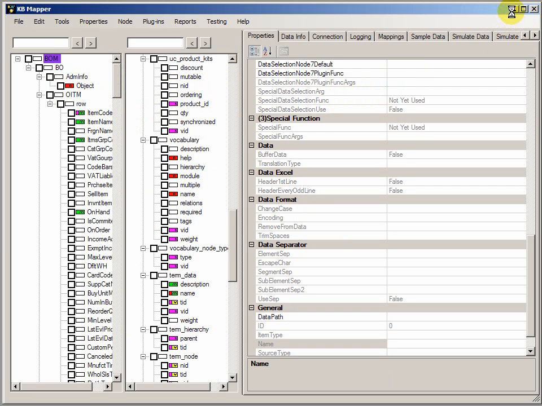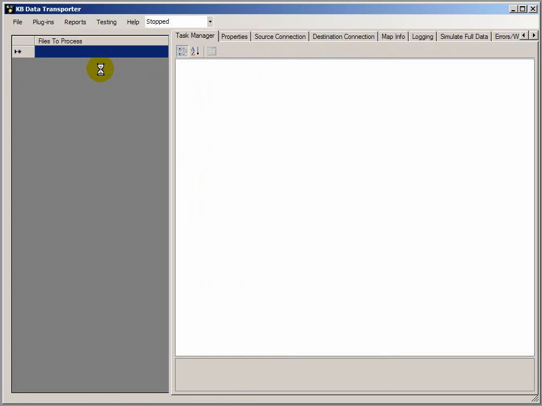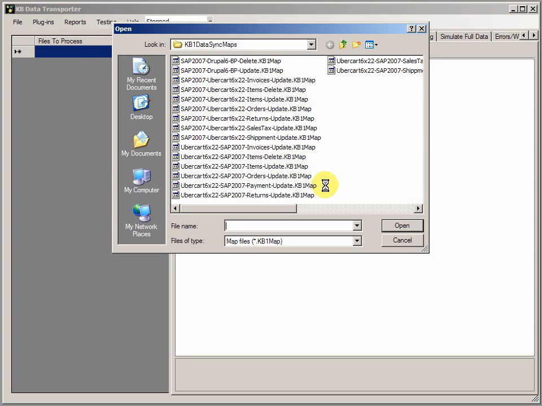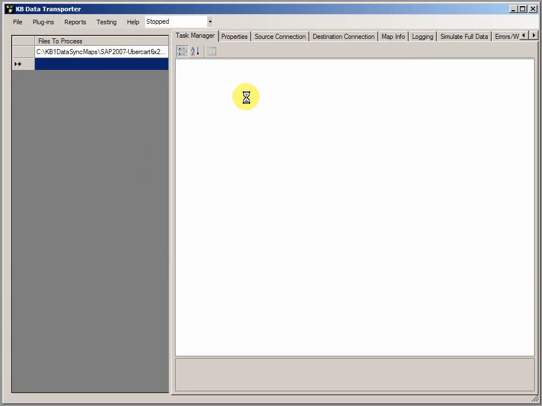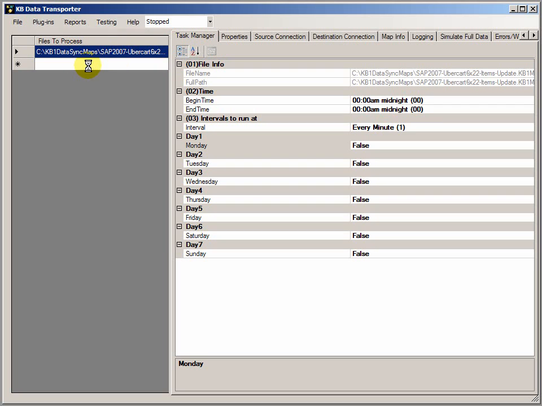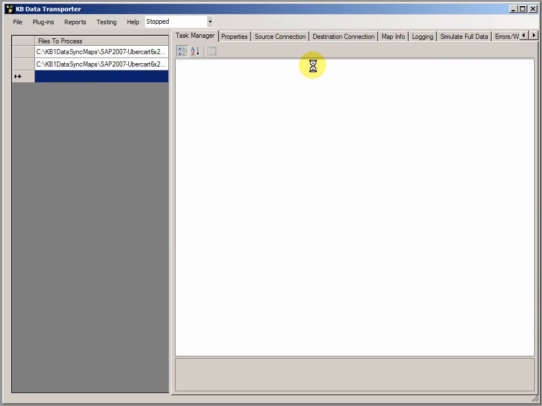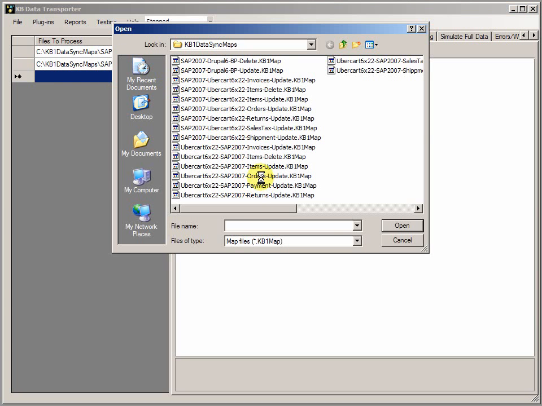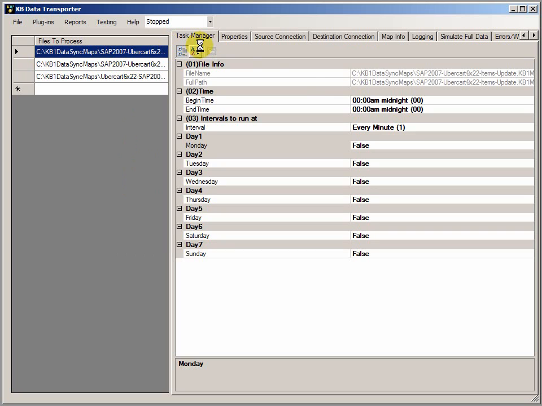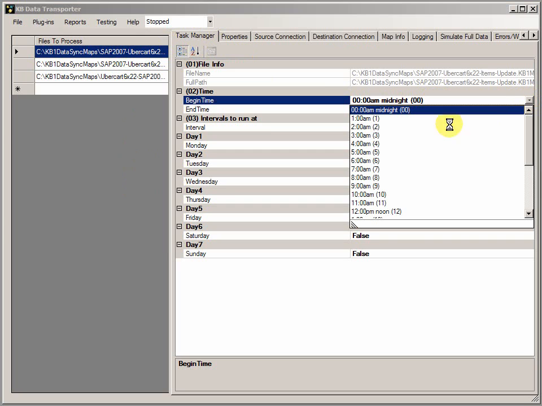You then receive a file with that information in it, and the KB Data Transporter is what is used to schedule those events to fire and move or delete or create data from the source over to the destination. So each one of the maps that you load into the KB Data Transporter allows you to then schedule those events to take place. So you can pick a time that you wish these events to